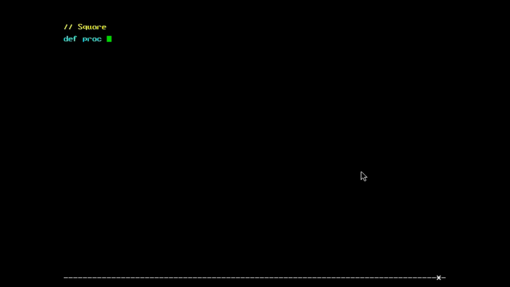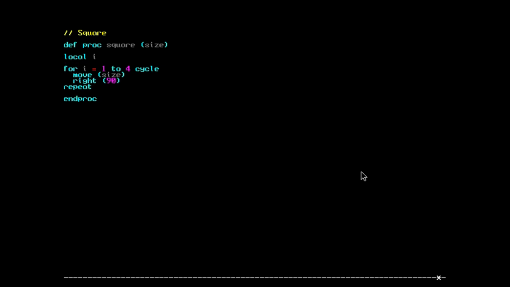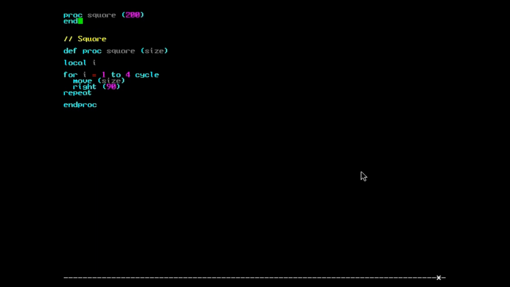Square, define procedure. We'll give it the same parameter as we did on the Apple version, so we'll give it the length parameter. Let me just have a look. Size. For I equals 1 to 4, cycle, move size, right 90, and end proc, and we can go up here and we can do 200, and